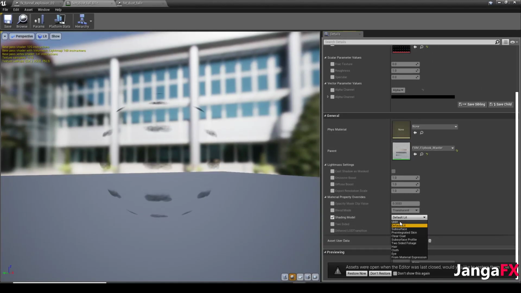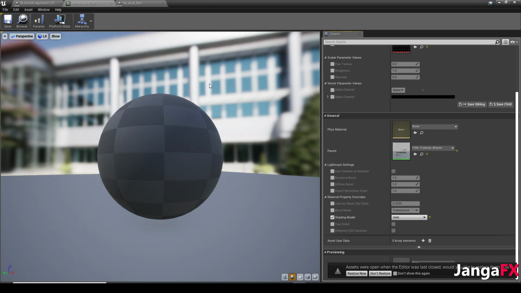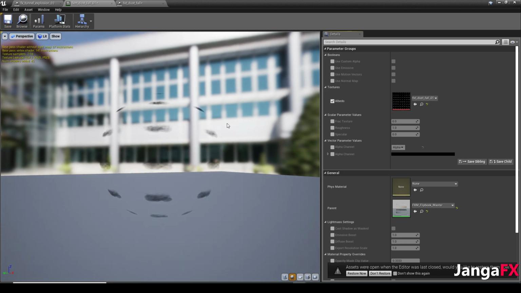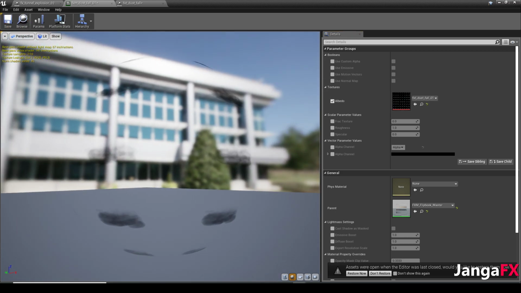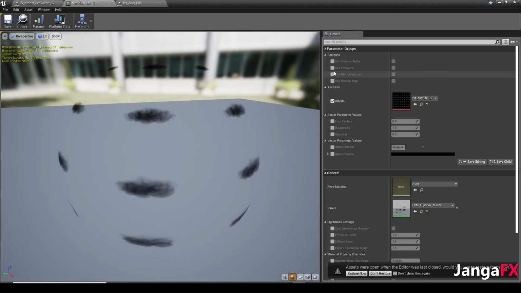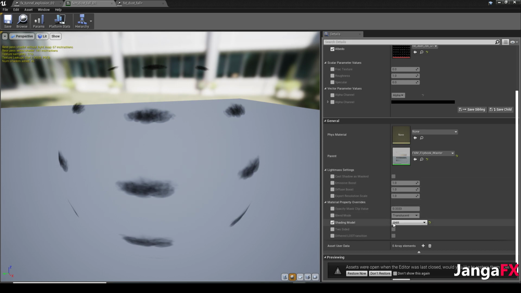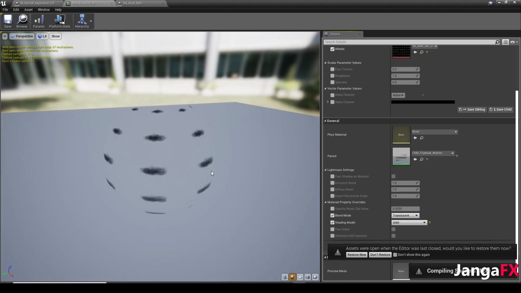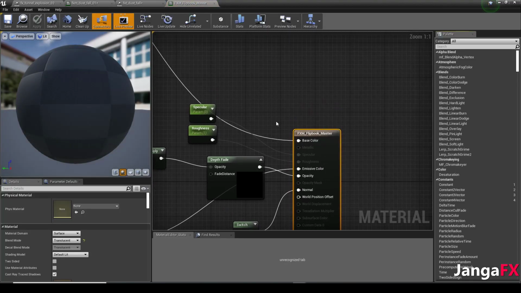is change my shading model to unlit. And then we'll see here. I think I might need to say use emissive. Yeah, so let's just do this. We'll see if the alpha works. No, the alpha's not going to work, so we'll go back to default lit. We'll just do additive. But additive's probably going to look like butt too. So I think we'll go to translucent, and then in my flipbook master material,